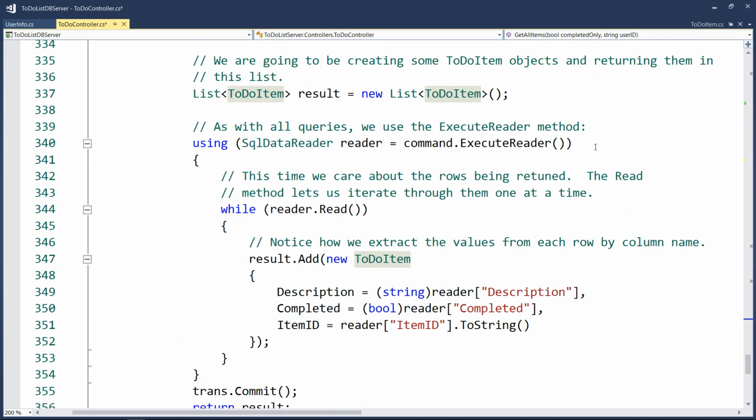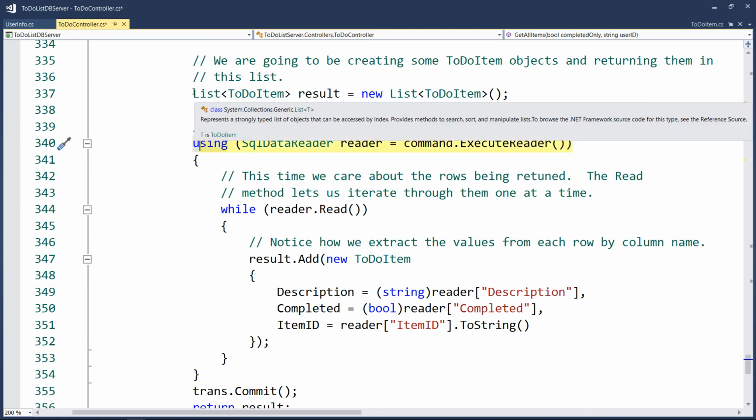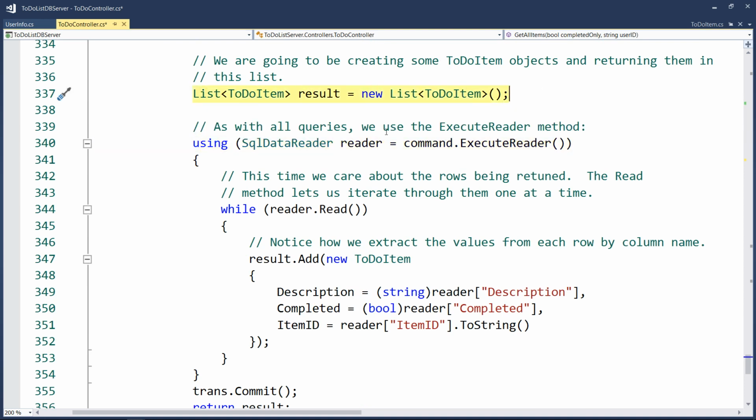Okay, here's where we execute the query. So what I did was I created an empty list of to-do items. I execute the query and I get back this reader that's going to let me go one row at a time through the data. So I say, while there are some rows,